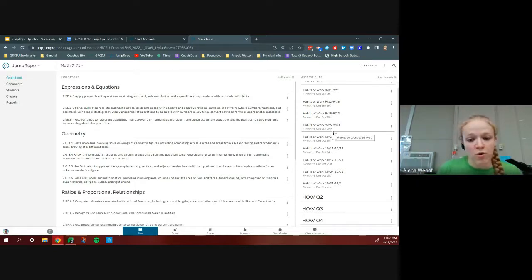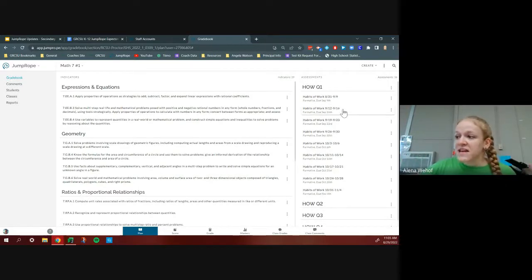Same thing goes, I'm not going to go over to the gradebook tab because that's where the kid names are going to start popping up. But on the gradebook page, I know most of you are familiar with, at the top, you can use the little arrows to shrink things down. That way they're still there for you and ready to go. The dates are all set up. So like the first habits of work, you'll see it says 8/31 to 9/9. These were all set up ahead of time for you.